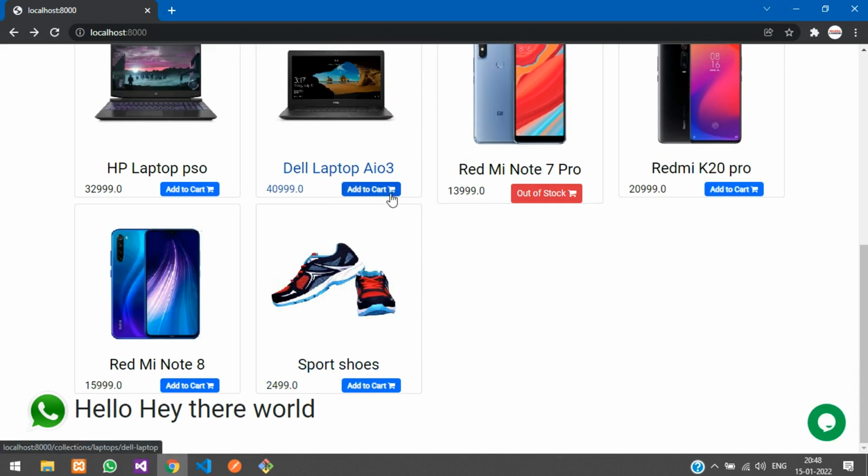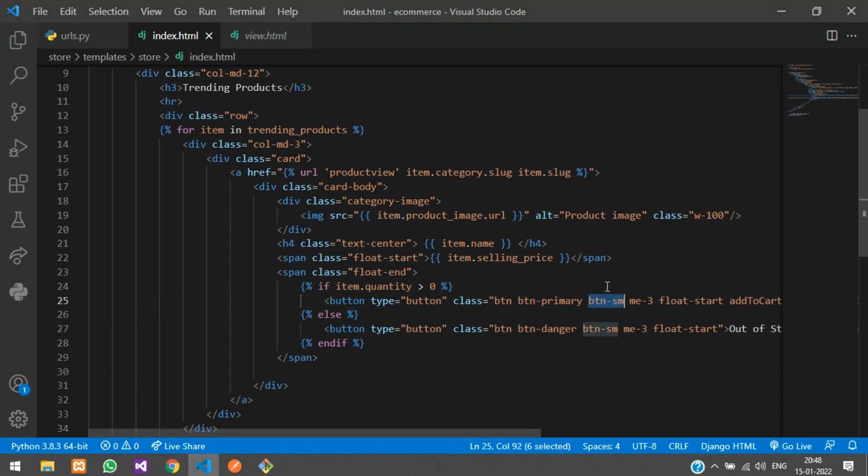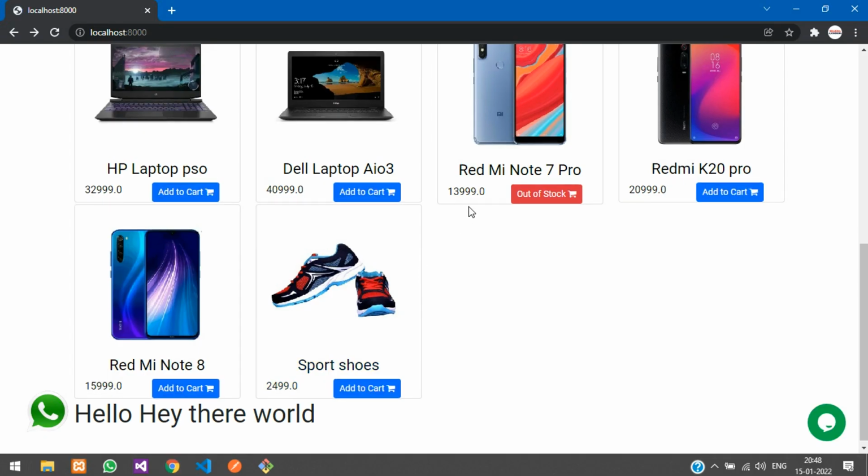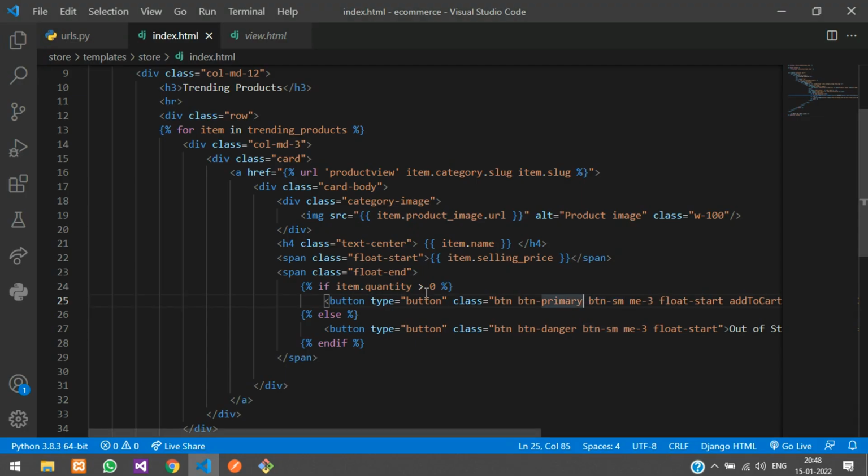Yeah, so it will display in this way. So if you want to keep it this way, you can keep it, or you can just go ahead with the btn-sm. Save and refresh. And we'll give some margin bottom to this. Let's say mb-2,